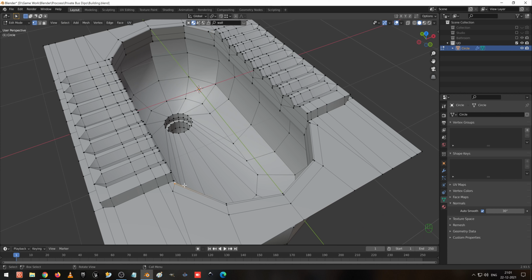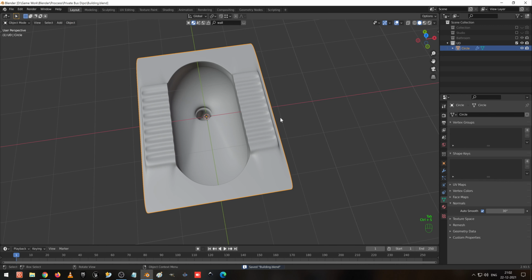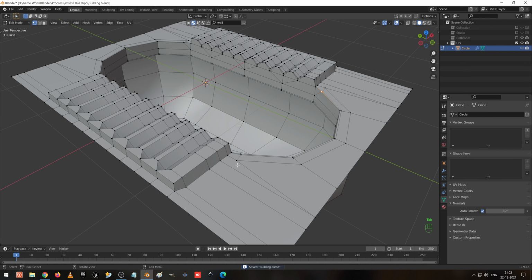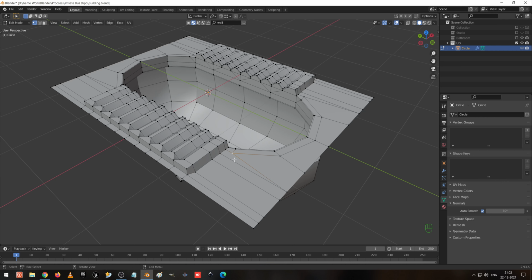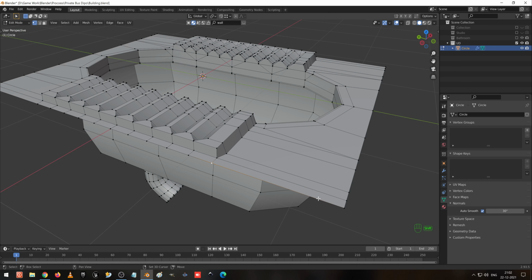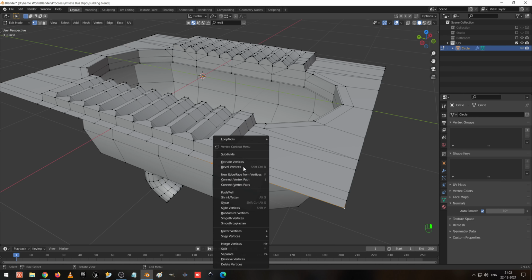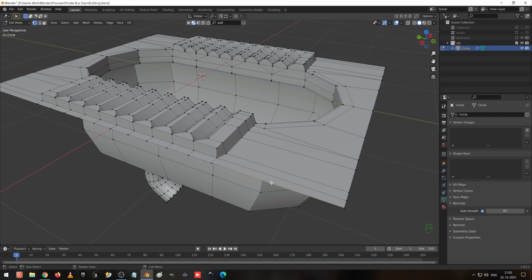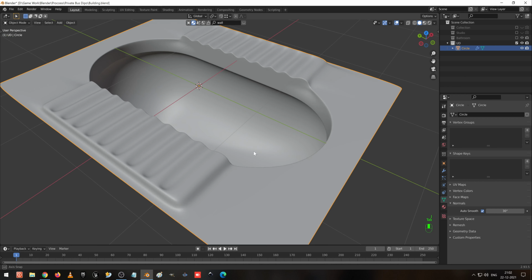Select these two, press double G to move towards like this, select these two, double G to move. I am pressing the wrong button. Okay, now everything is fine. So here one more thing, we have to create one edge loop here, because it doesn't have the support for this. For this, what I am going to do, select these two vertices, right click and subdivide, and double G to move, we can bring it towards here, and select these two and press J to join, and we can see how it looks.